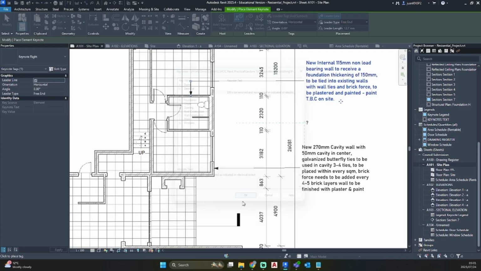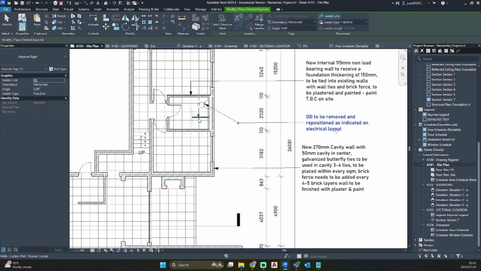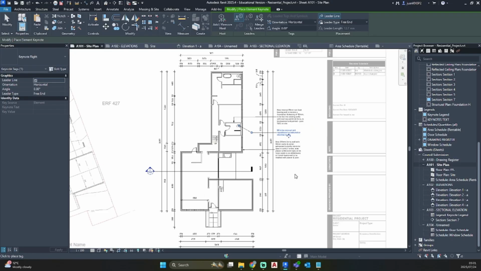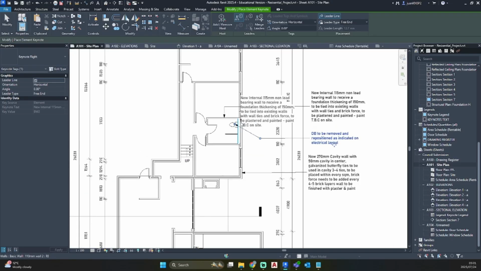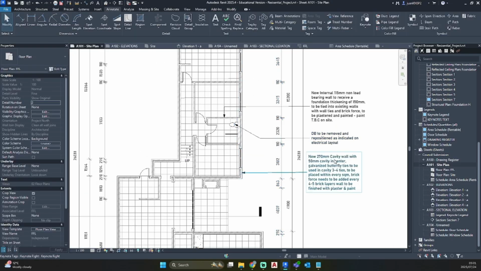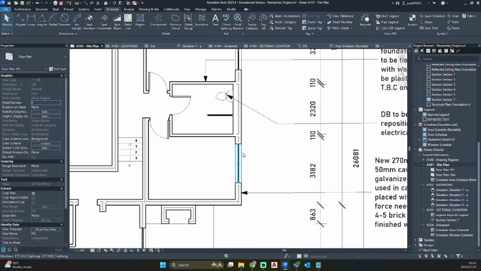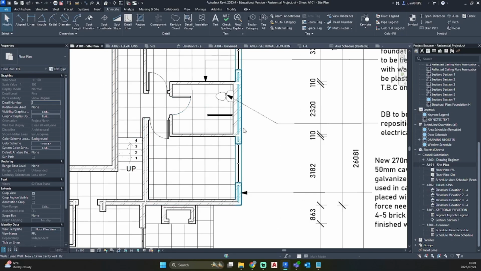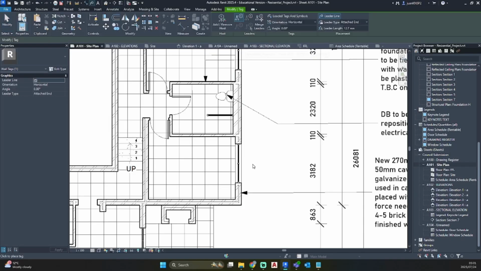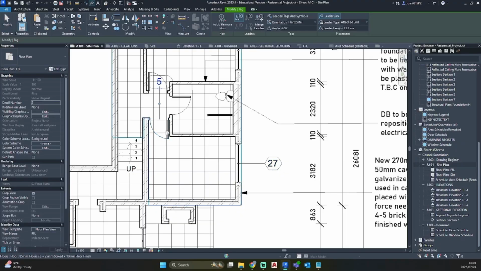Let's just use this keynote for the example. And this is how you can annotate your drawings. So you can use either the keynote value as a window or door tag, or we can go tag by category in your top panel. If you go tag by category, it will tag only the element that you have selected.